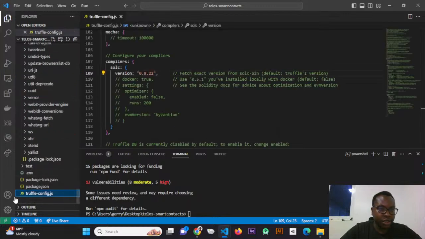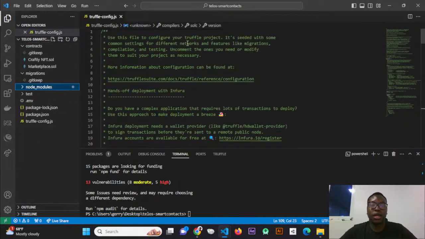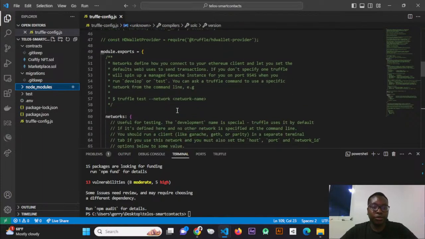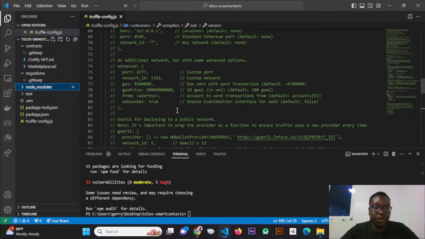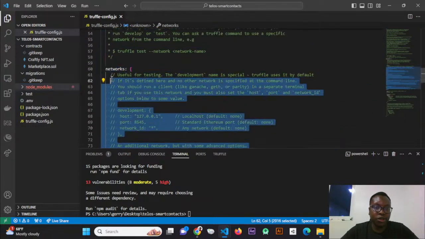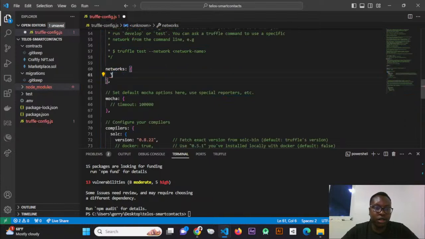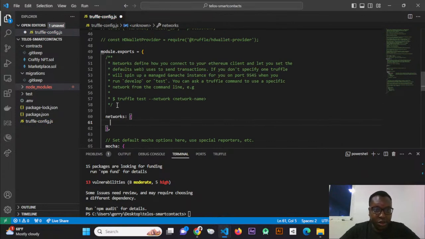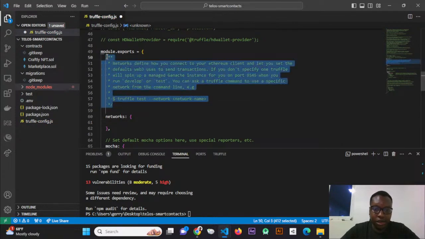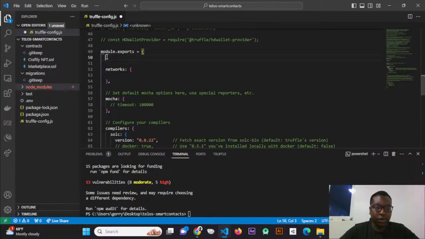Once that is done, the first thing you need to do is specify the particular network here. So let me just remove all the comments so it's easier to read. Then let me also go ahead and do this. So now that we're done with that, what I need to do is, basically,